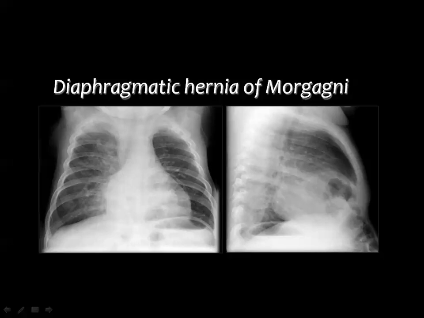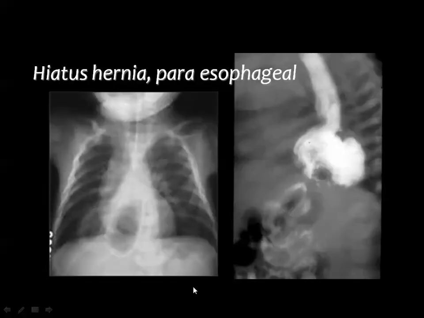Then here you can see in the lateral view that there are bowel loops herniating into the anterior part of the mediastinum. The air in the bowel is continuous with the air in the bowel under the diaphragm, and this is a hernia of Morgagni. Hiatus hernia may be seen also in the pediatric age group and is usually diagnosed by barium